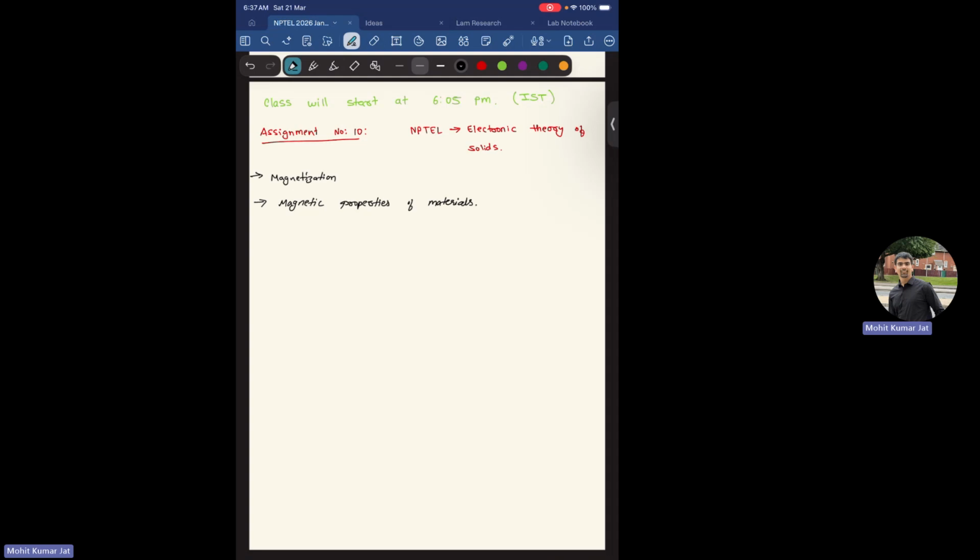In today's session you will learn how to approach these kinds of problems. If a question is given, how to evaluate the magnetization out of it, the susceptibility out of it, and these parameters. Having said that, I'll start with the very first question, which goes like: